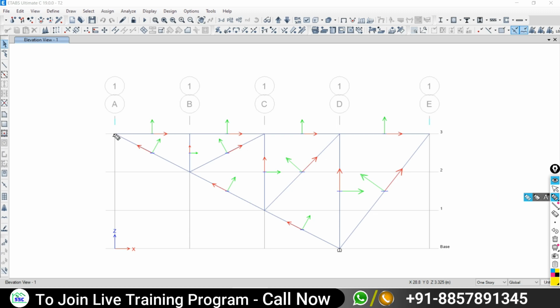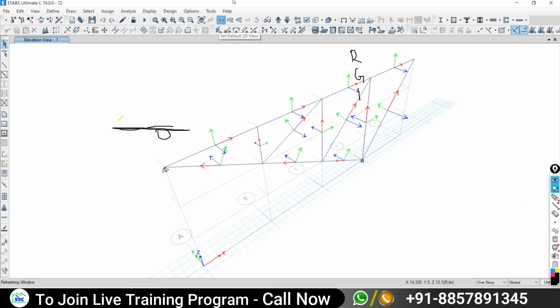What I told you, see, this is actually what? This is the longitudinal direction, or not? Yes sir. So for this longitudinal direction, the software represents it by which axis? This axis, red color, 1-1. And the color of the axis is red. So always remember three colors will be there. One is red, another is green, and the third is blue.